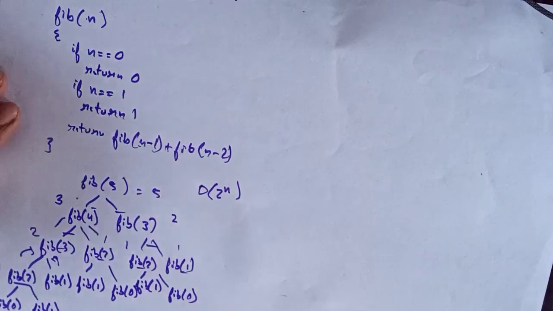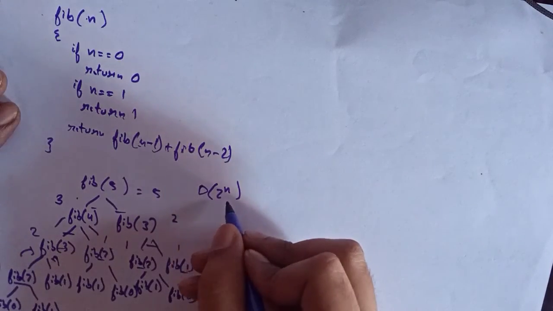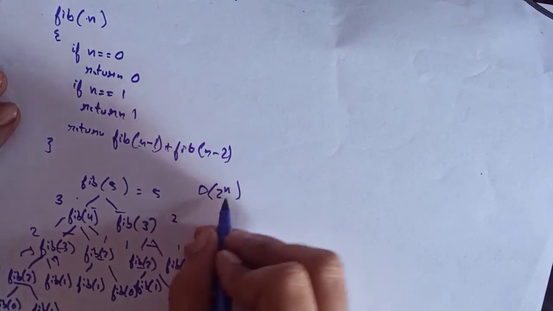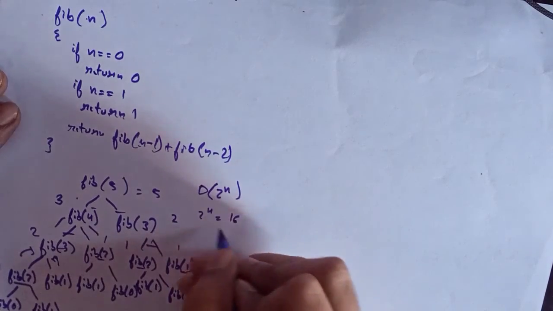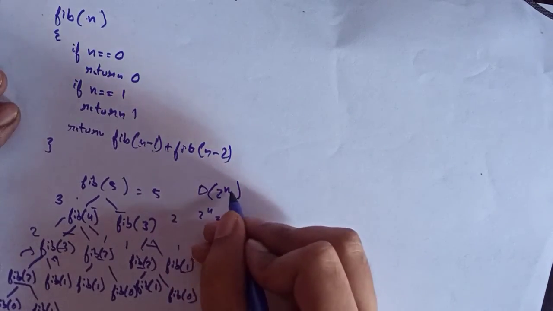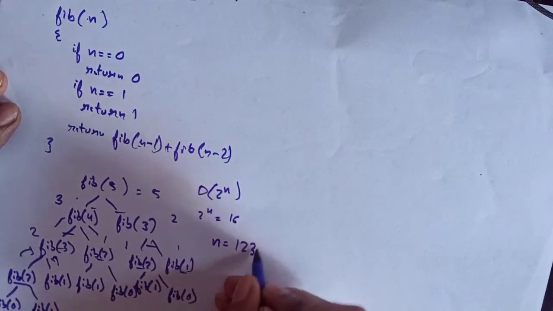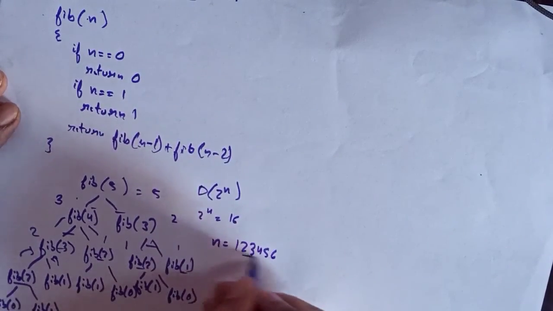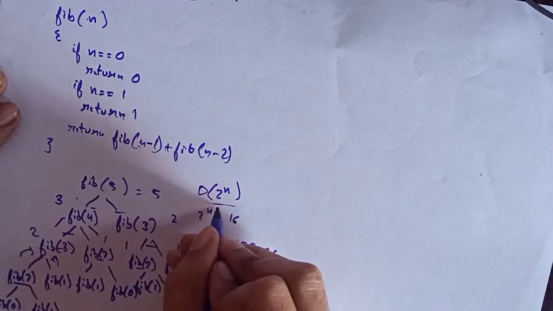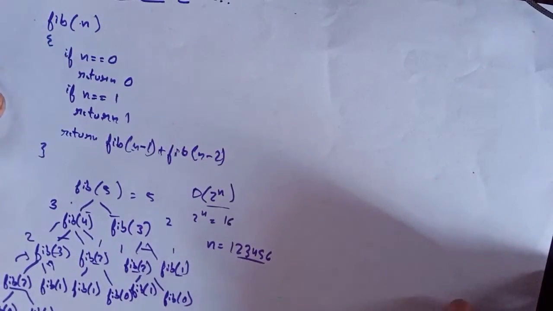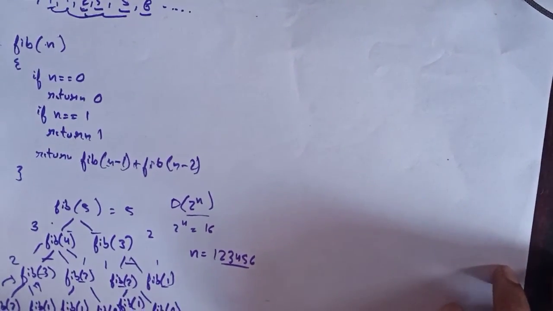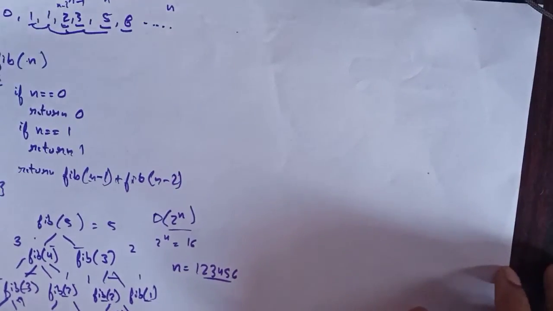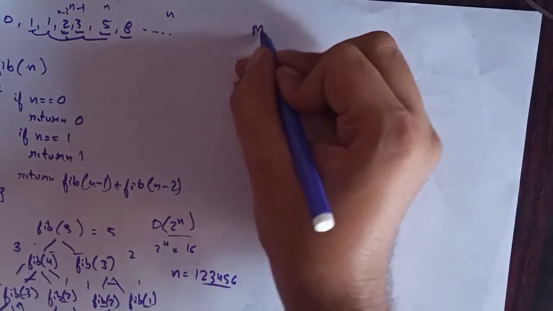Now how do we solve this problem? Well, first of all, what is the problem? You say that for 2 to the power 4 it will simply give 16. There's no error. But what if our n is a 6-digit number, 1 2 3 4 5 6? Just imagine what will be the value of 2 to the power n. That will be a large value which will halt your program. So in order to solve this, we come up with memoization.